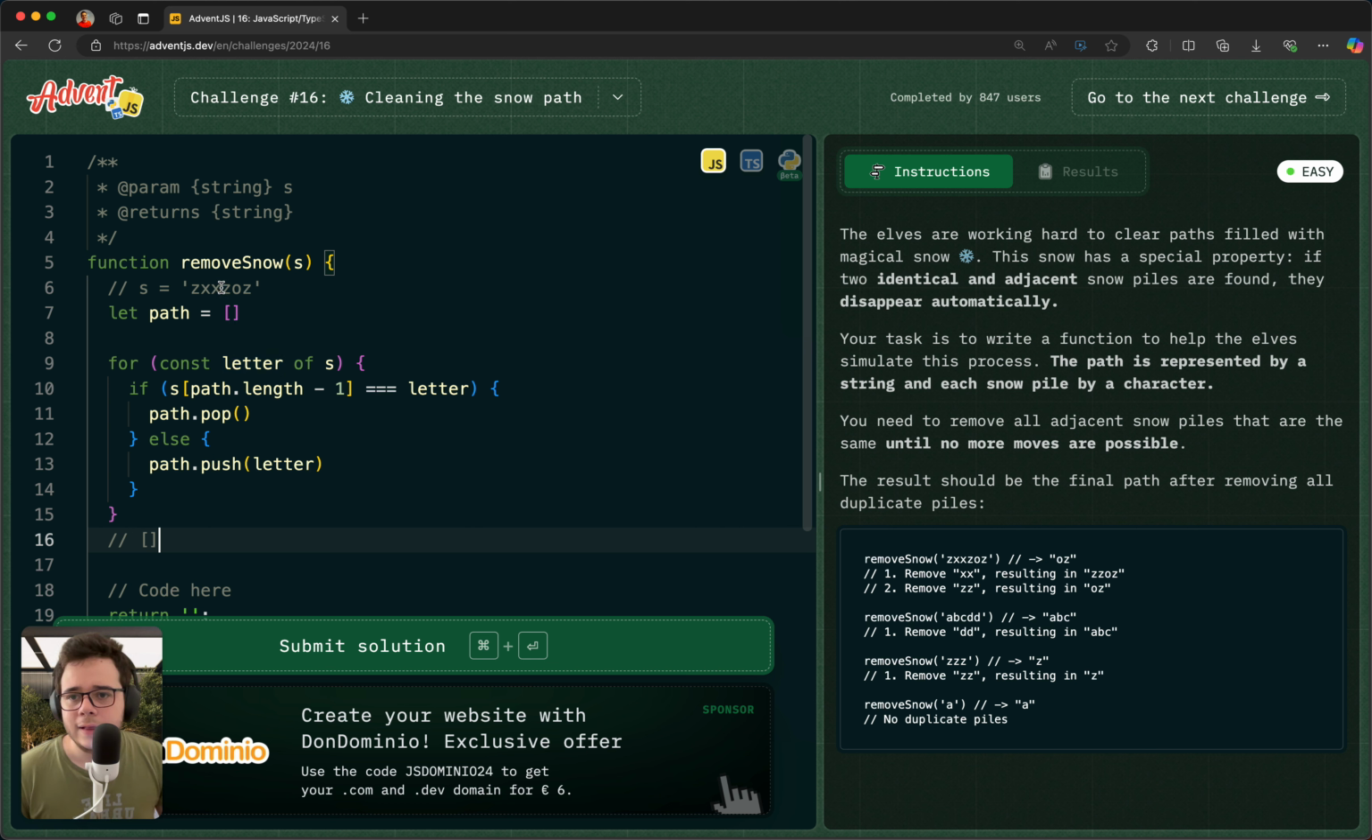Okay, so in the next iteration, the current letter will be the letter O, and 0 minus 1 is minus 1, so this is gonna be undefined, and this condition will not be met, I think, and then it will jump right to the else condition, so it will push the letter O. So now in this condition, we are checking the last letter from that string, which is the letter Z. Now the array has one element, so the length of that array is 1, so 1 minus 1 is 0. So the first